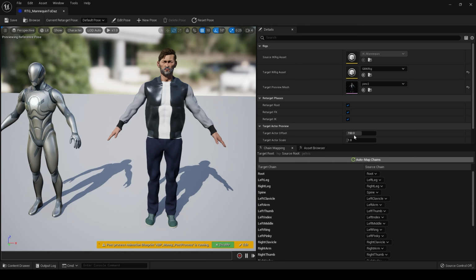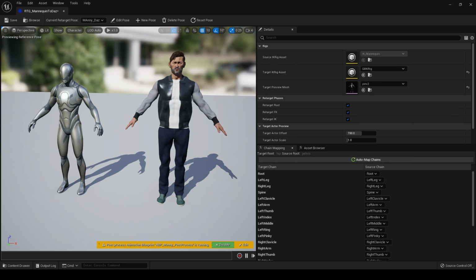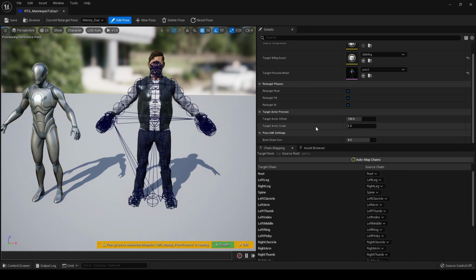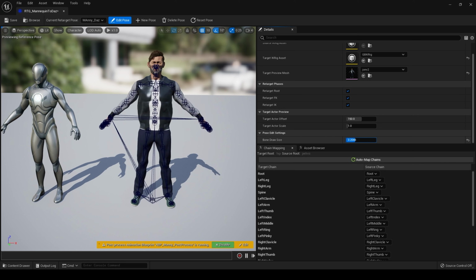As you can see, the pose is not correct, and we can fix that by hitting new pose and typing in Mane to Daz, like so. Okay, and then we edit the pose like so. If the bone controls are too big, you can come over here to bone draw size, make them smaller like that until you're comfortable and you're happy. You can pose the bones,